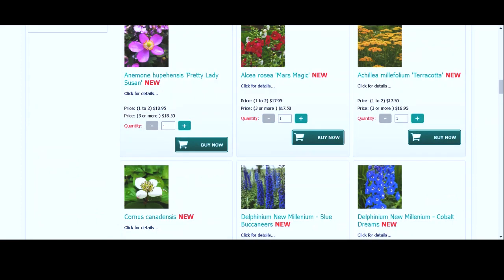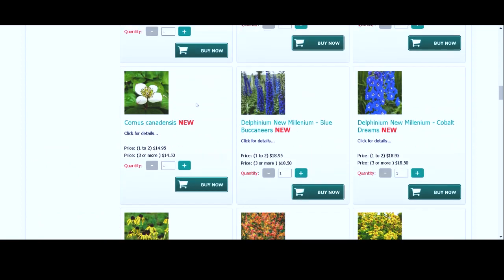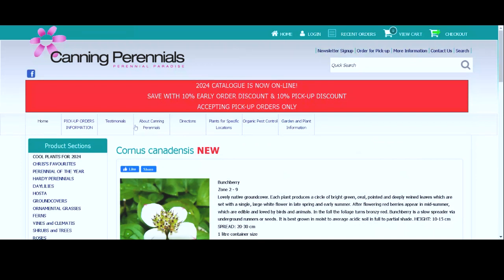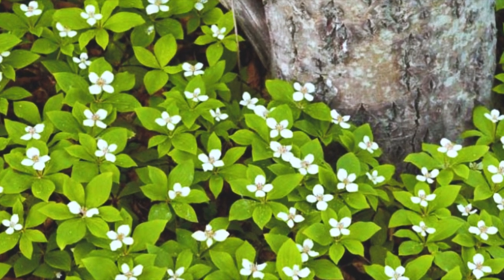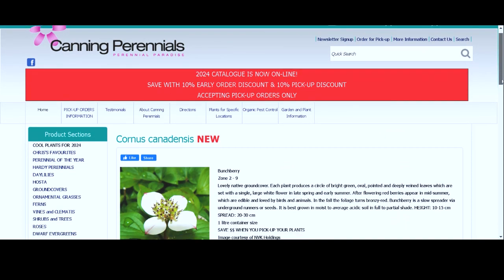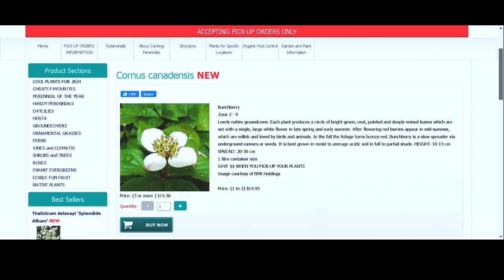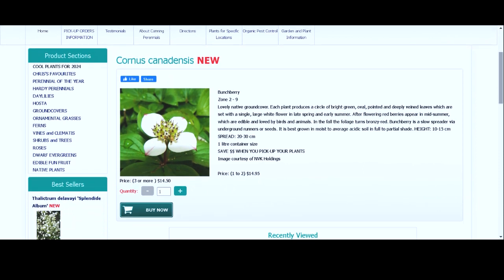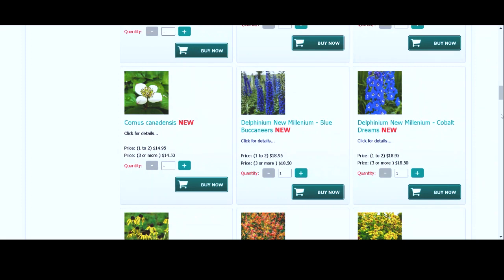Next plant that got me excited is Cornus canadensis. Now, Cornus canadensis is a native plant here in Canada, and it's supposed to be a good ground cover. I was watching one of Summer Rain Oaks' videos, and she mentioned that Cornus canadensis supports a lot of beneficial insects in the ecosystem. So I bought a couple of plants from Belgian Nursery when I saw it last spring. Here at Canning Perennials, they're selling it for a gallon for $14.30. So I think that's an okay price. They are hard to start from seed, so if you can find them as a plant,